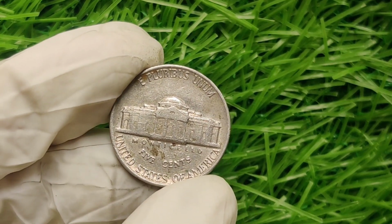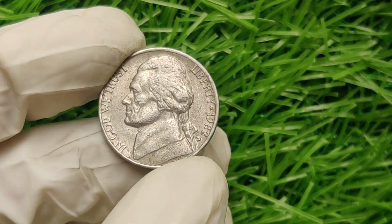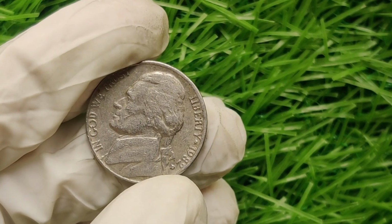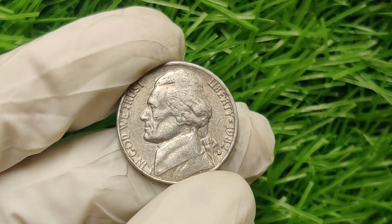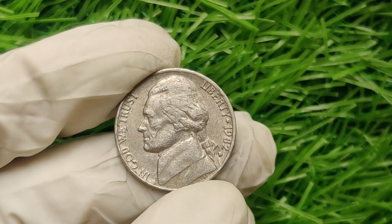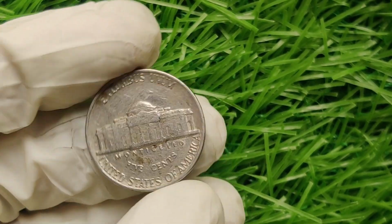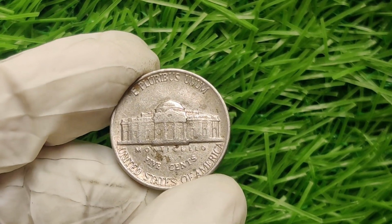Look for reputable services like the Numismatic Guarantee Corporation, NGC, or the Professional Coin Grading Service, PCGS, to ensure your coin is properly evaluated. In conclusion, the Jefferson nickel isn't just your typical 5-cent coin. It's a rare piece of American history that could be worth millions if you find the right one. So, keep your eyes peeled, take care of your coin collection, and you might just have a valuable treasure hiding